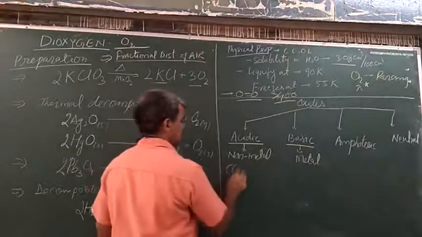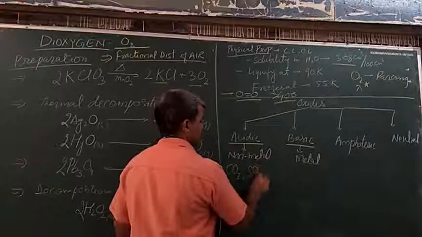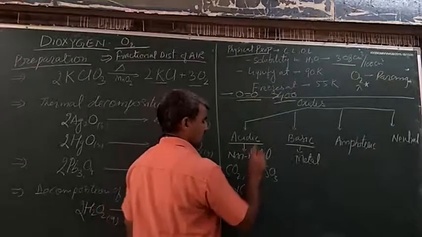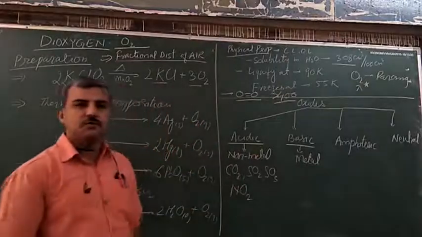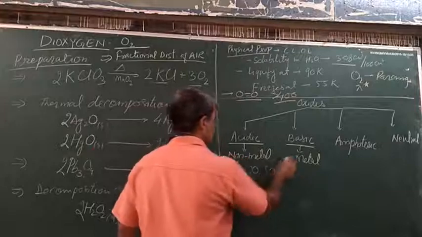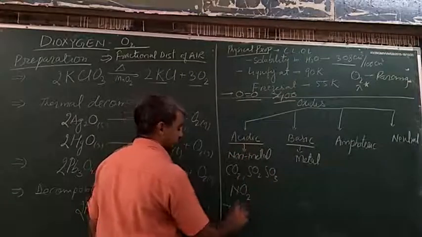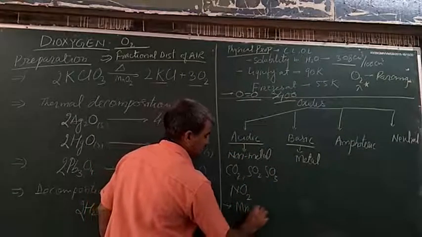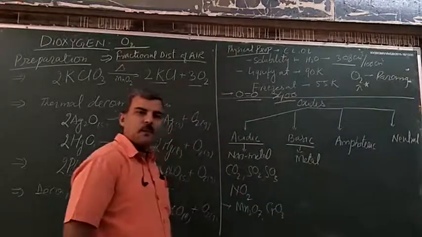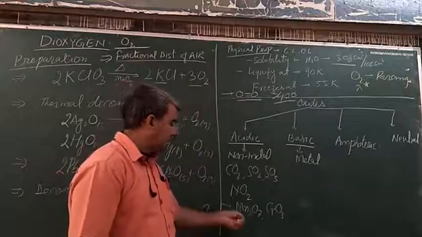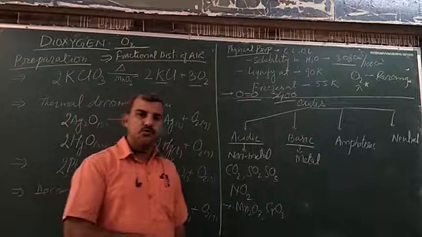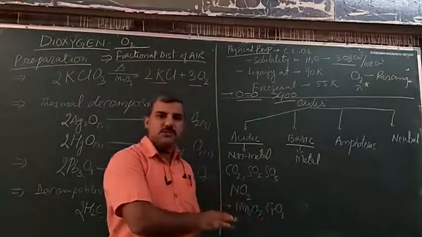Non-metallic oxides: carbon dioxide, sulfur dioxide, sulfur trioxide, even nitrogen dioxide and many more. Other than this, even some metal oxides are also acidic. For example, Mn2O7, CrO3. Actually होता क्या है, some of the metals, d block elements which show variable oxidation state,